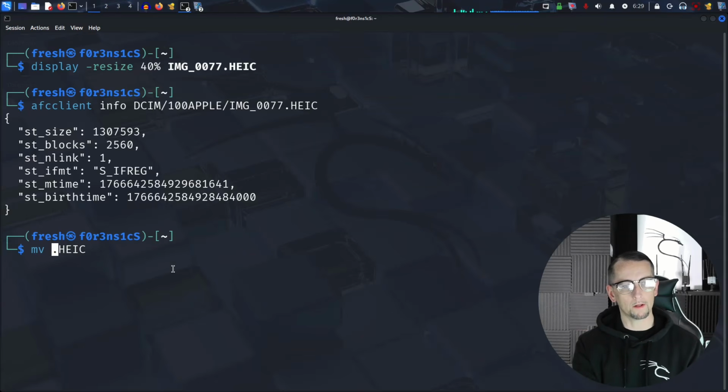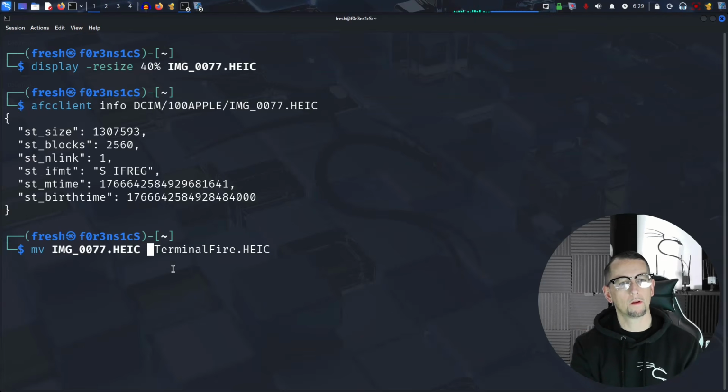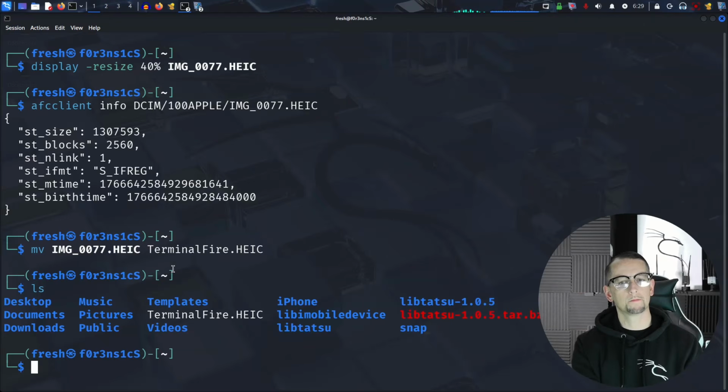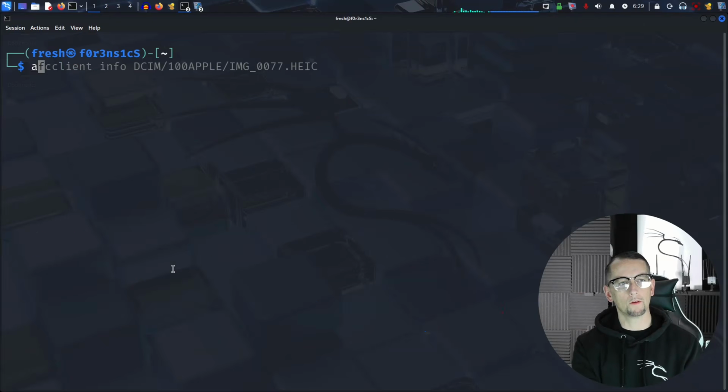I'm going to call it terminal fire. And now we are going to use afcclient with put, and we are going to put that file back on the iPhone inside of